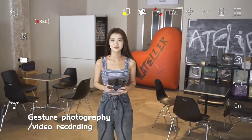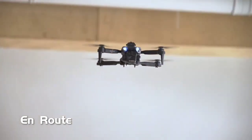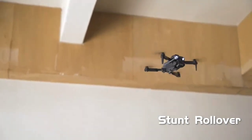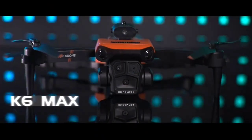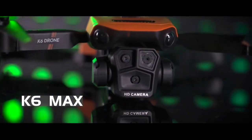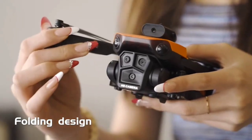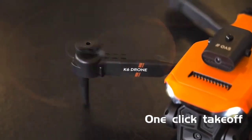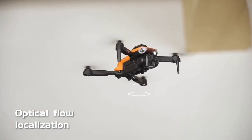without collisions. The drone comes with an intuitive remote control, providing responsive flight controls and easy access to different modes. With an impressive battery life, you can enjoy extended flight sessions and capture more incredible footage. Whether you're a filmmaker, traveler, or drone enthusiast, the K6Max mini drone is a game-changer, combining professional-grade features with user-friendly operation. So if you're ready to elevate your aerial photography and experience the thrill of flight, check out the K6Max